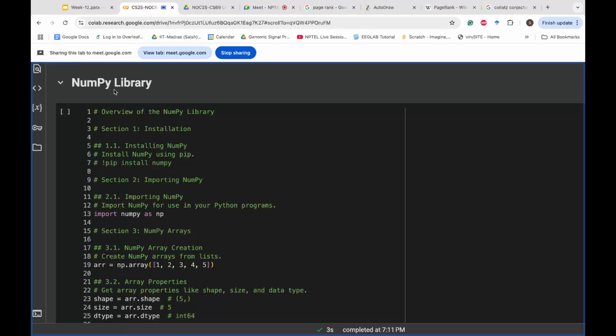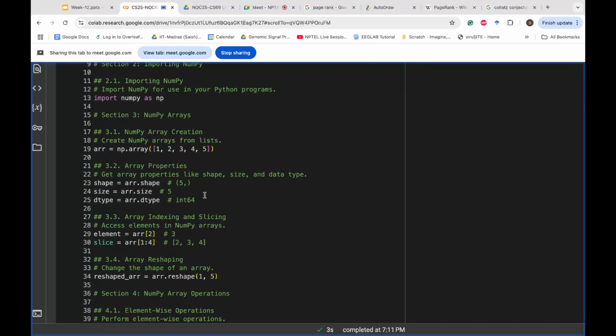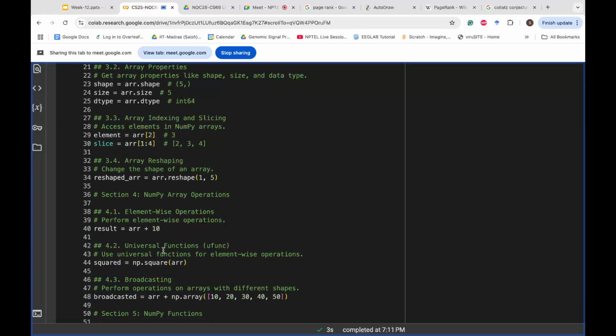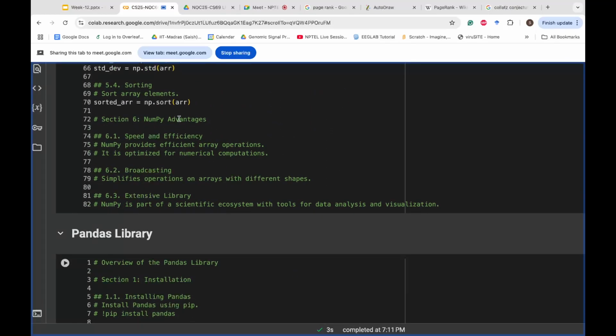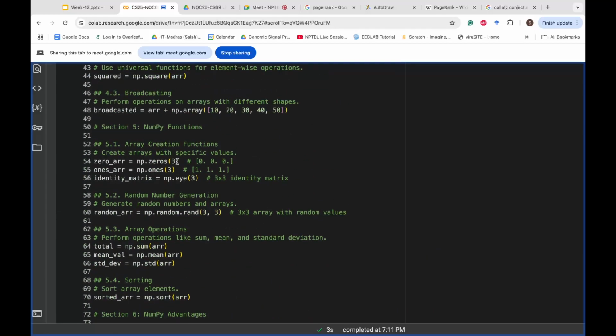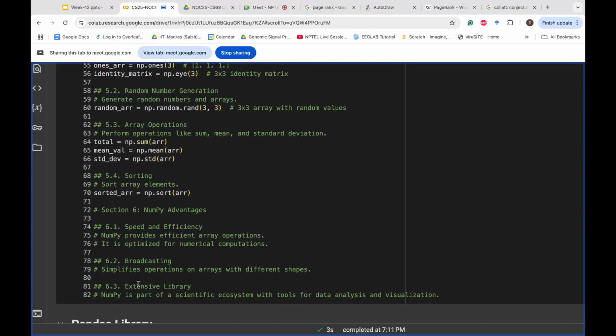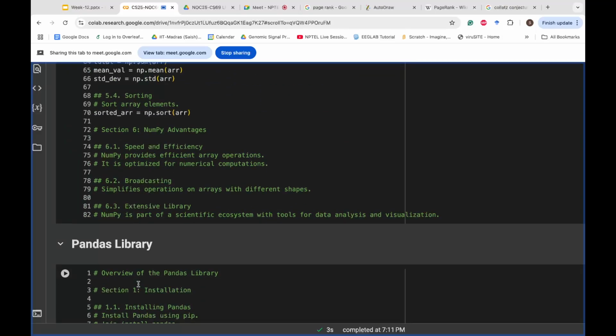And then we have the NumPy library in which you can do numerical operations on data, like linear algebraic operations. So there are some examples given over here, but we have discussed it in more detail in the dedicated sessions earlier. So you can look into those sessions as well, but you need not look into all the videos. You can definitely just glance through this